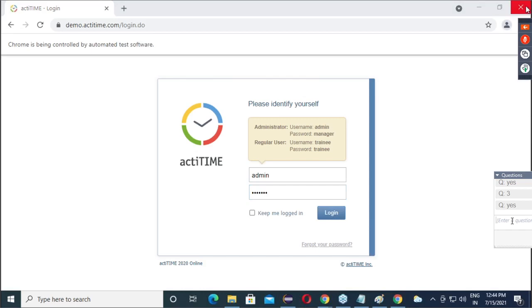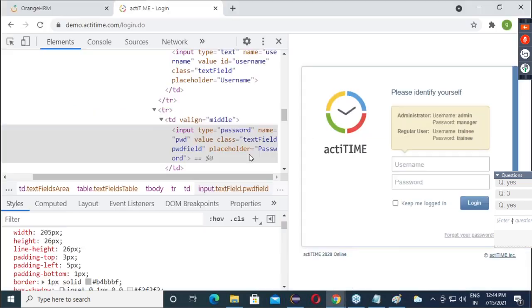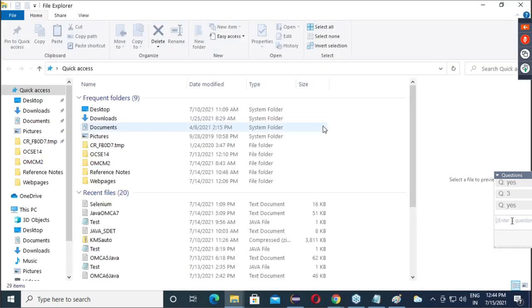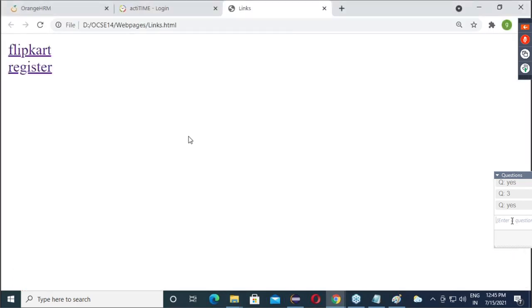Okay, guys, observe this. Listen to what I am showing you. For link text, that name only suggests, guys, whether it is link text or partial link text. These two locators are specially only for links.